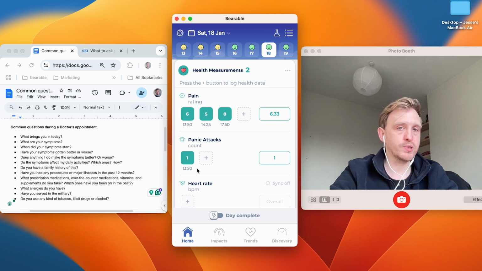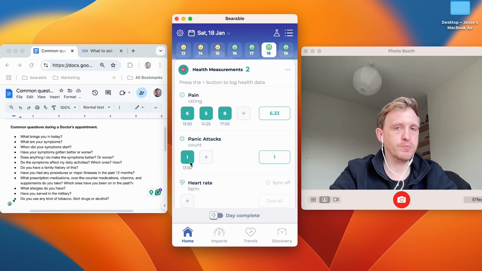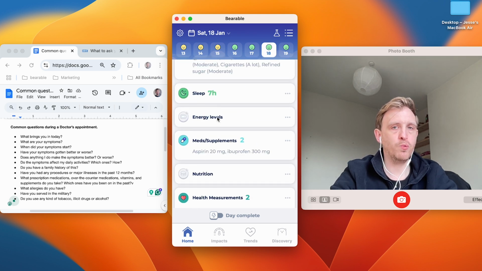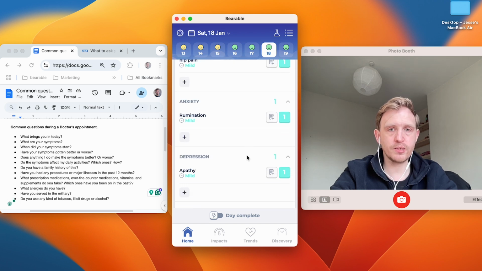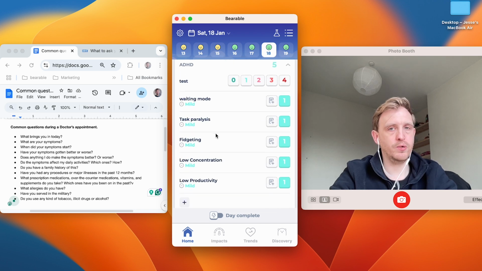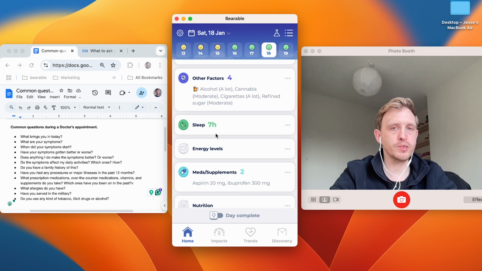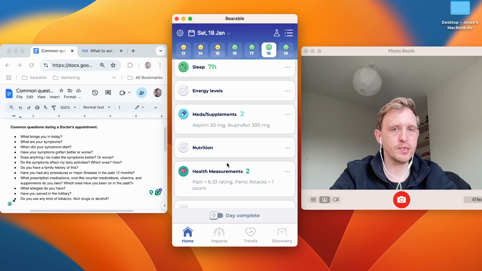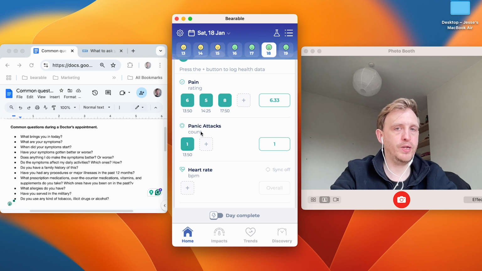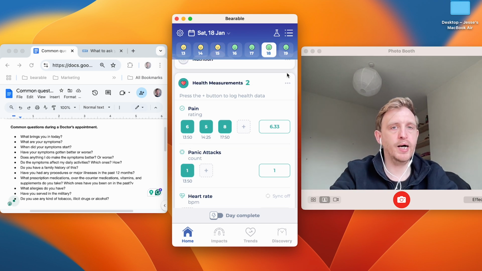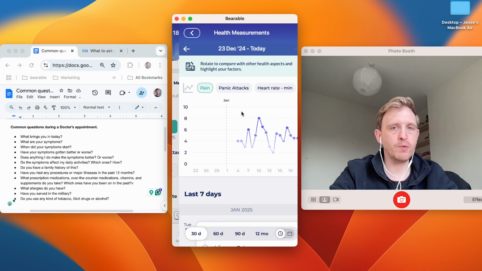But another thing you can do is count the number of times something happens. So one of my other symptoms is anxiety. And one of the things I experience as a result of having anxiety is panic attacks. And so I can track the number of panic attacks I have per day, per month, etc. And again, we can have a look at that.